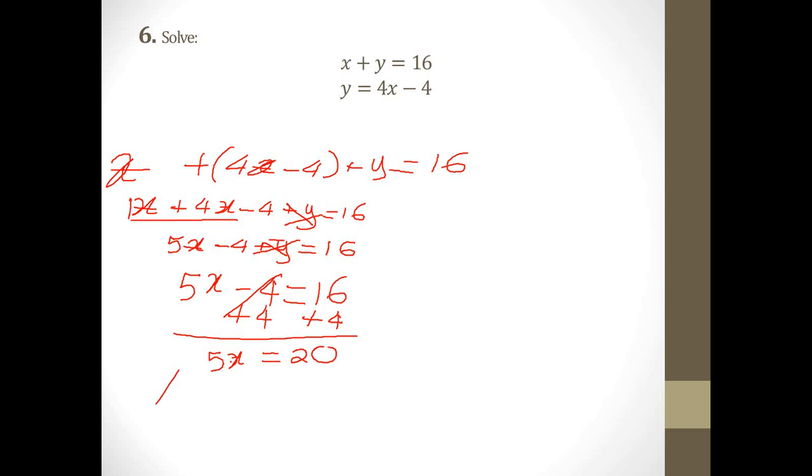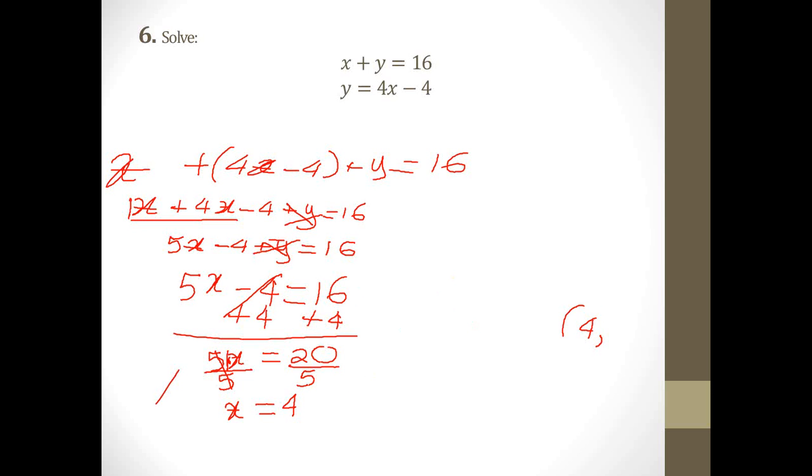The operation here is multiplication, so I solve by the opposite, which is division, so I would divide by 5 to each side. 5 divided by 5 is 1. I don't need to put 1x, I can just put x. 5 goes into 20 4 times. So I found my first